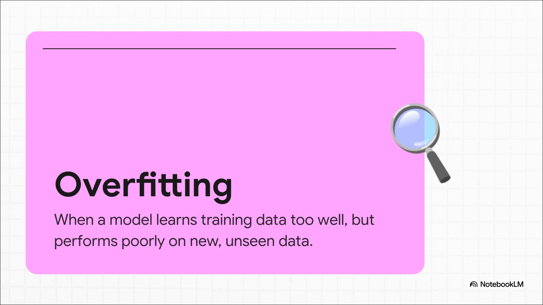The best way to think about it is like this. Imagine a student who doesn't learn the textbook. They just memorize it. Every single word, every comma. If the exam asks questions pulled straight from the book, they'll get 100%. But what if you ask a question that's just a little bit different? One that requires them to actually understand the concept? They'd be totally stumped. That's overfitting. The model has memorized the noise, not the actual signal.